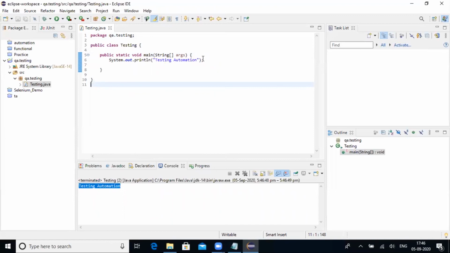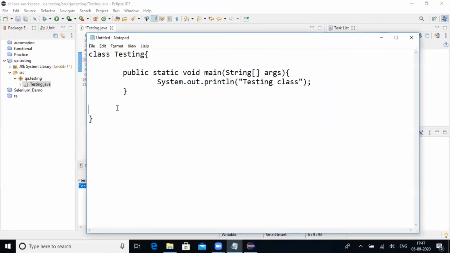So now we will see how to configure this WebDriver here. To configure WebDriver, I have two steps. How to configure WebDriver inside your class file, Java class. Because without using WebDriver, you cannot run a web application. You cannot automate a web application. So how to configure WebDriver inside the class?